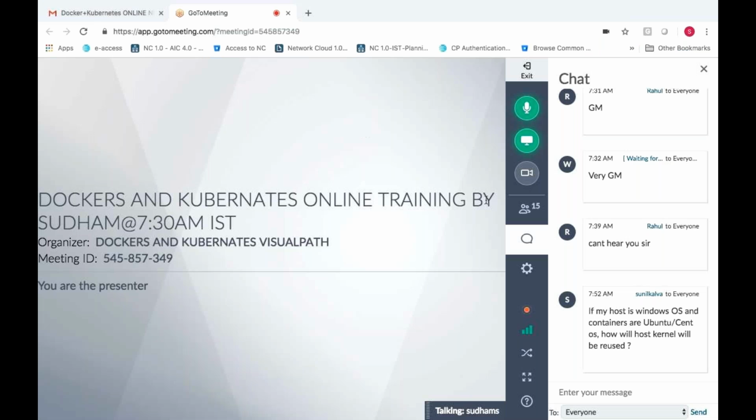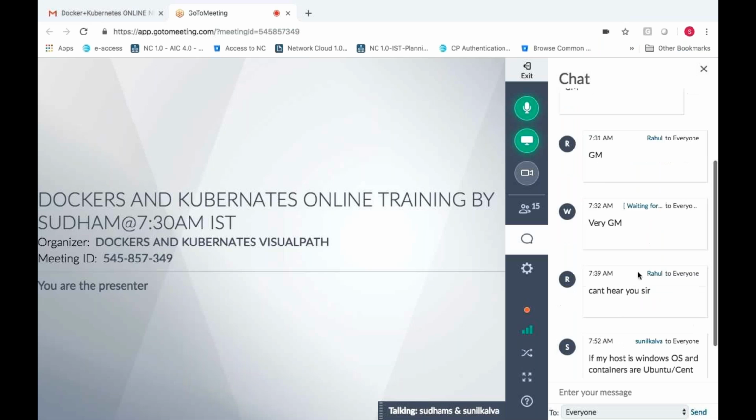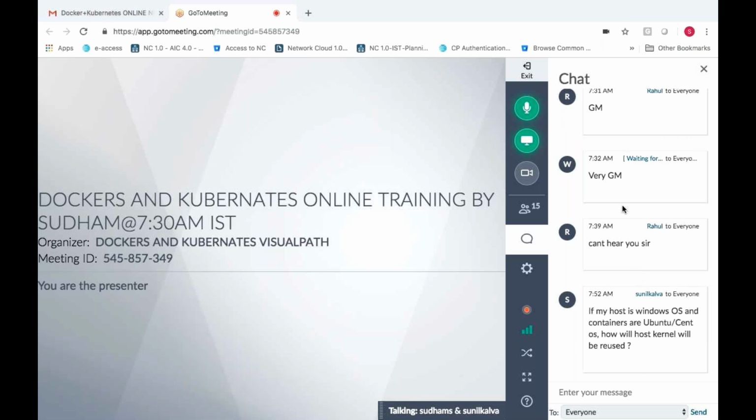My question was, if I'm on the Windows operating system, can I run a container which is Ubuntu and another container which is CentOS? My host OS is Windows only.